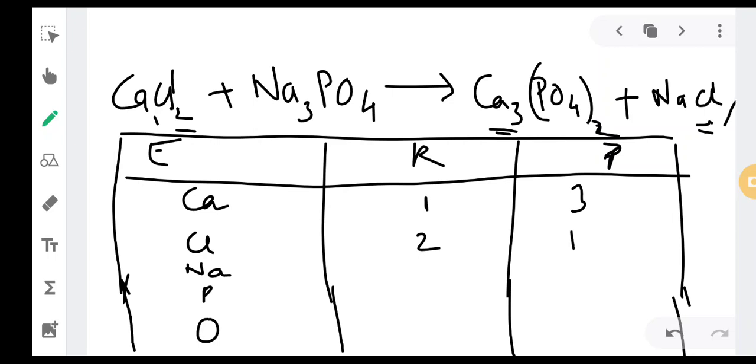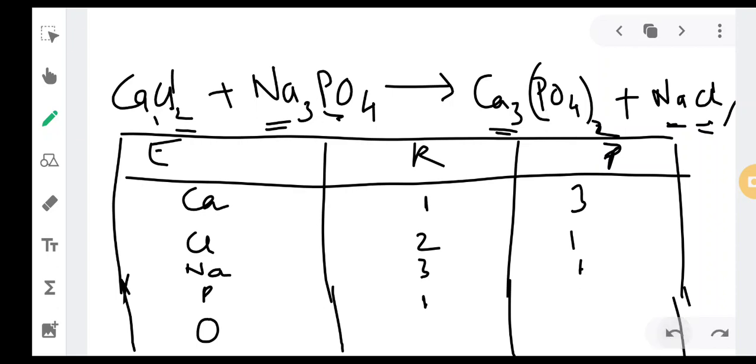Okay, whereas phosphorus, in PO4, is 1 in number over here. Now we will see sodium. How many atoms of sodium are there? There are 3 atoms of sodium on the left hand side and 1 atom of sodium on the right hand side. For phosphorus there is 1 atom on the left hand side, whereas over here there are 2 atoms of phosphorus, because whenever there is a bracket, the whole number gets multiplied with whatever atoms are there. So 2 will get multiplied with 1 atom of phosphorus and 2 will get multiplied with 4 atoms of